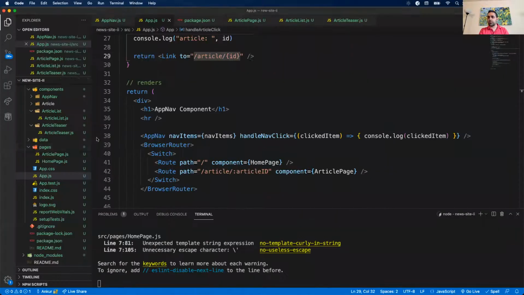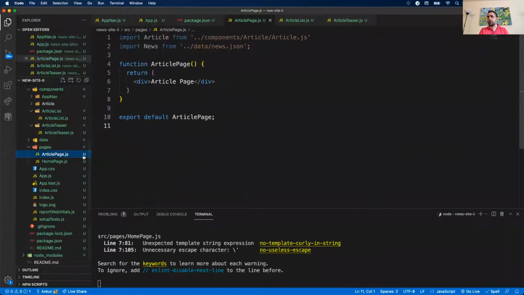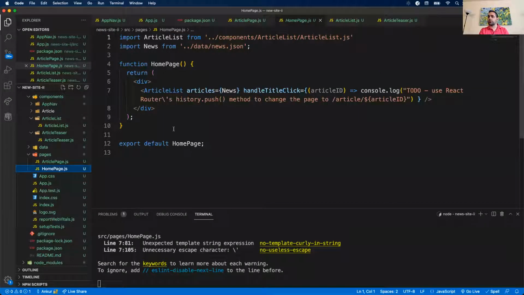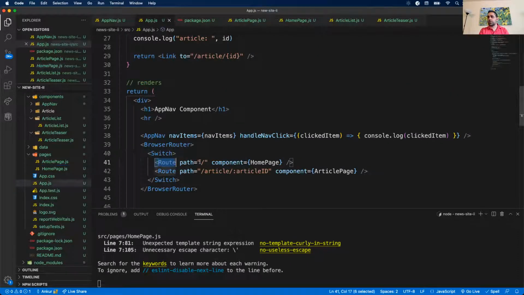Okay, so that's coming from somewhere. Let's take a look at the article page. That is not, it's coming from the home page. So it looks like my switch statement is not working correctly. Let's resolve that. What's happening here is that this route is being hit, not this one. So maybe if I do exact,